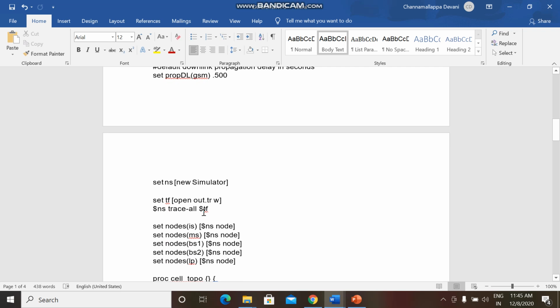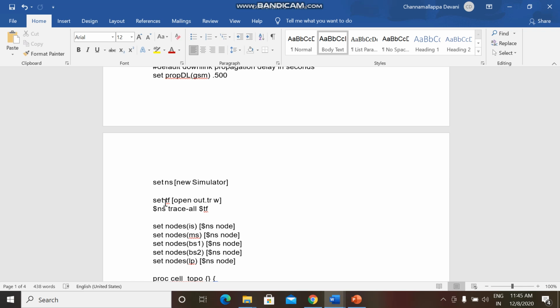Next, coming to our simulator class, we are creating an object for the simulator class and we are opening a trace file. As in previous experiments, we had two data files, a NAM file and a trace file. As I've already told you, we do not use a NAM file in 2G technology because it does not completely support semi wireless, so we are not having a NAM file. But in this experiment number 5, we are going to use a web trace file. The web trace file is needed for the 2G technology. Instead of NAM, we are going to use a web trace file.